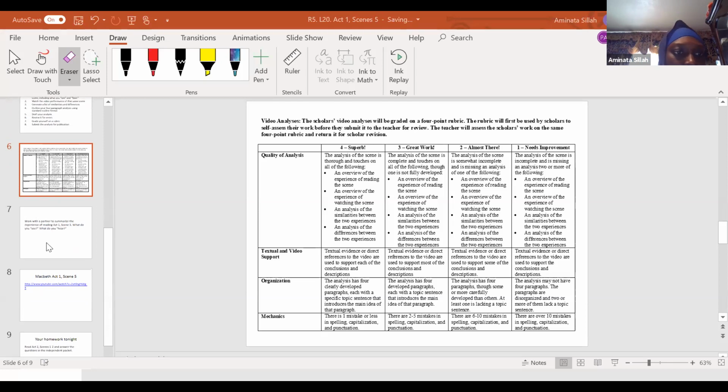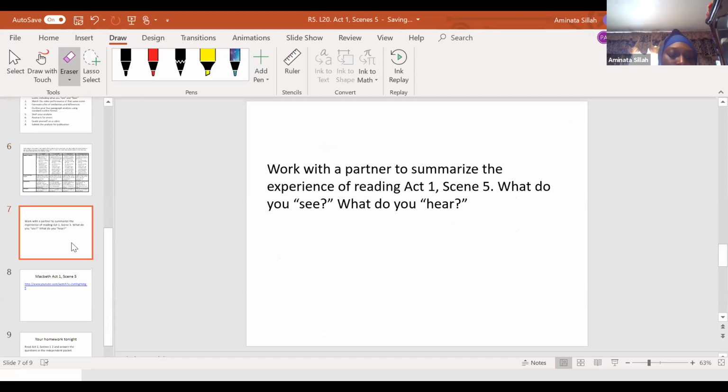Great, what I'm going to do now is give you the next 4 minutes on the timer. I want you all to come up with some of the things that you see when you're reading Act 1, Scene 5. What are some of the things that you hear? You can go ahead and put this in a T-chart like we've done before. Based on this act, what are some of the things that you see, and what are some of the things that you hear? So make a T-chart in your notebooks because you're going to need this to write your essays.